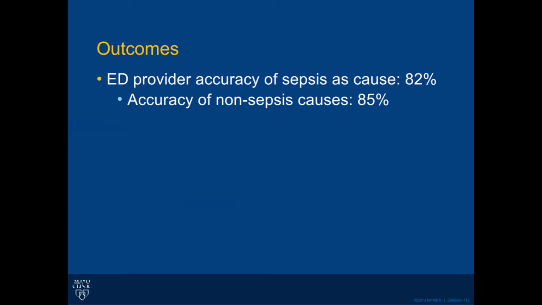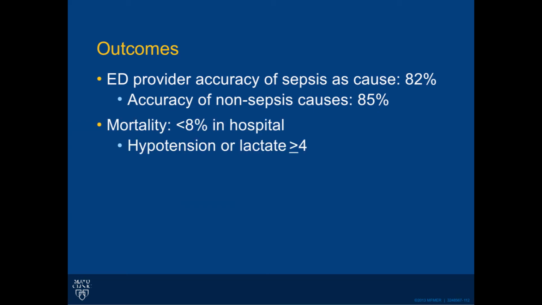This is, I think, highly beneficial to that early recognition system. Our mortality varies month to month between 4 and 8%, and we have a volume of about 860 sepsis patients a year. Now, I want to make sure that I'm not overstating our results, because I don't think that you can compare this to anything else. There's no apples-to-apples comparison.